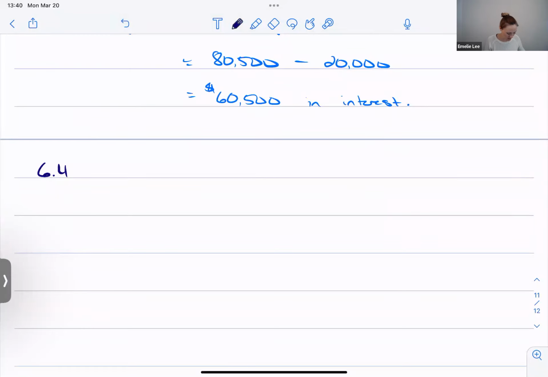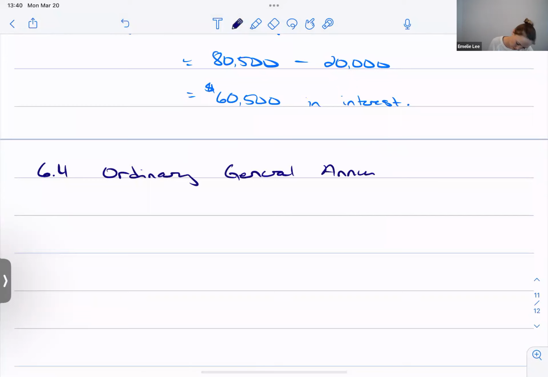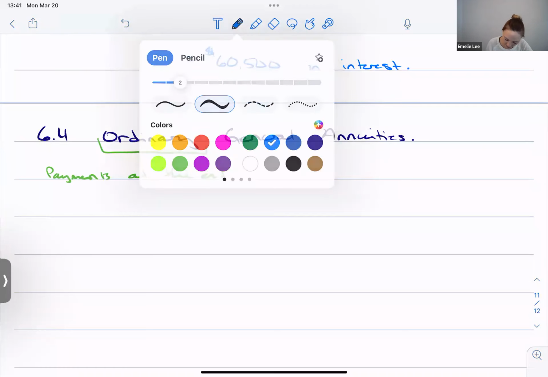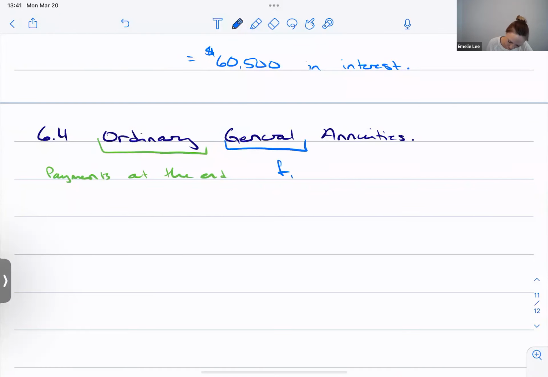6.4 is on ordinary general annuities. I didn't spend any time defining it, but ordinary is payments at the end. And general is when F1 does not equal F2. Okay. So,